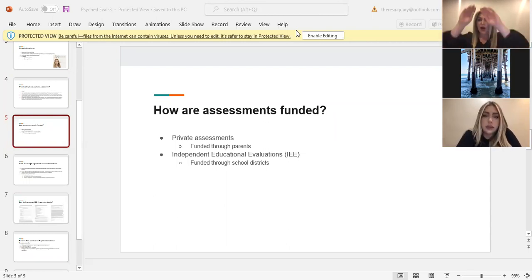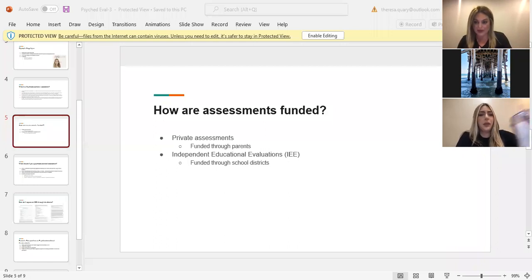You want to look at all aspects of their functioning so you can view them as a whole being, as a complete person, versus parts of what they are able to do and parts of what they are not able to do. Olympia will talk a little bit more about what her experience was with that, but I think it's important to get a full picture.